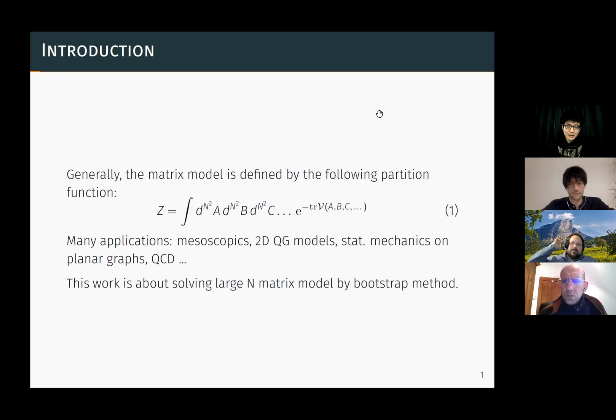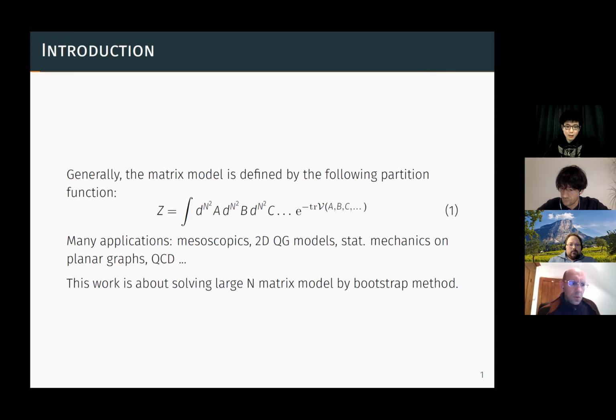It is integration over matrices instead of the scalar variables we deal with in the traditional integral. And it has many applications like mesoscopic physics, two-dimensional quantum gravity models, statistical mechanics, and on the planar graphs and